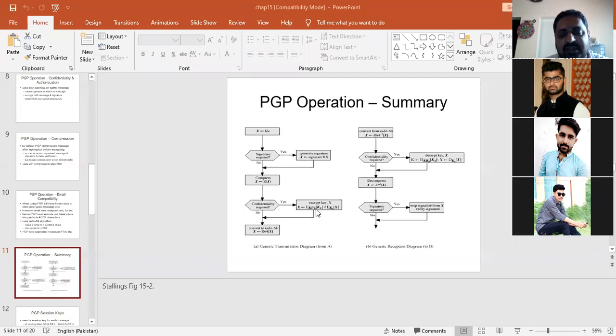Then it will also encrypt the session key as well. So at the receiver end, we will use a private key to decrypt the data, and then we get the session key. And after getting the session key, it will be used to decrypt the message as well. In the same way, we can also apply other algorithms like Radix-64. So we convert data using the Radix-64 algorithm, and then at the receiver end, we apply the same algorithm to convert that from Radix-64 back to the original message, for